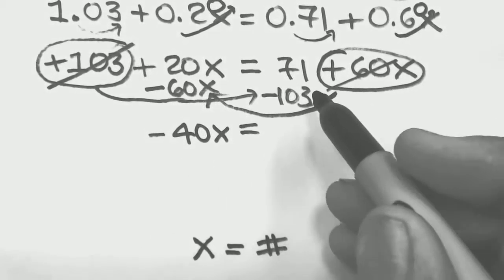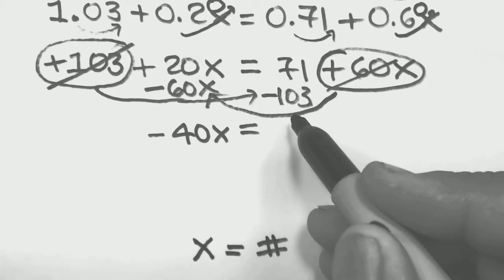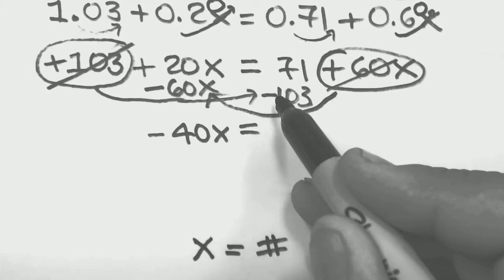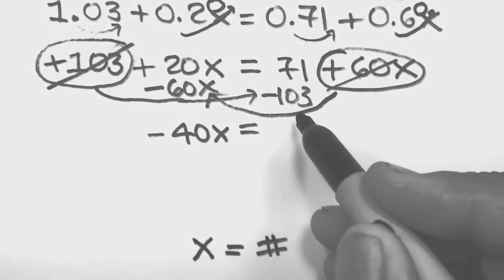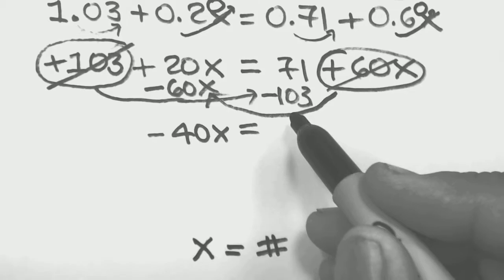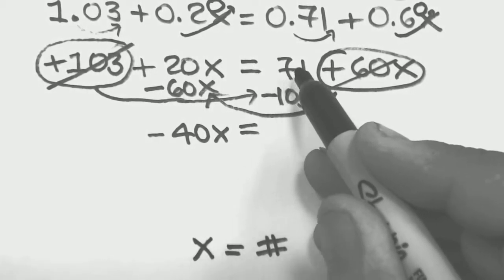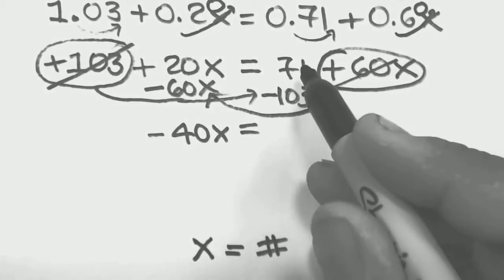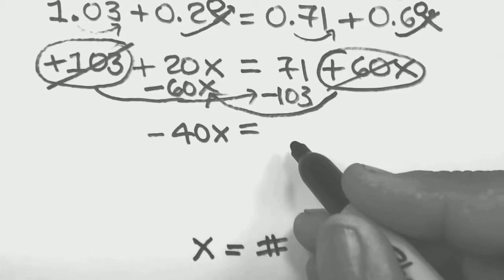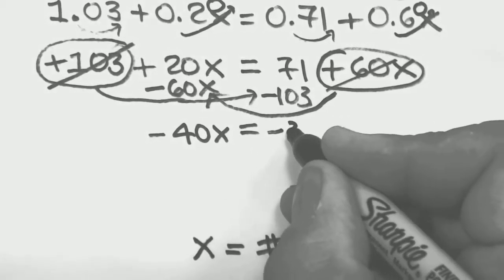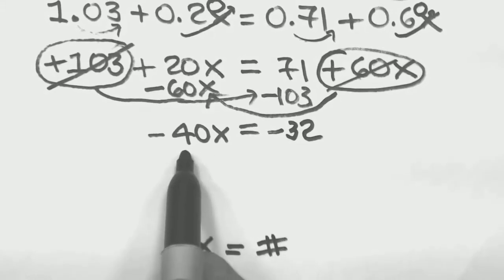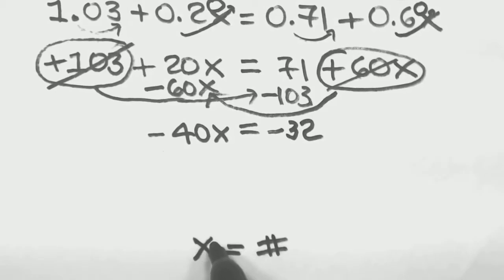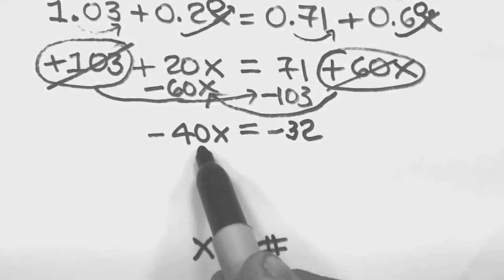Over on the right side, I've got plus 71 and minus 103. 103 is going to win. The negative's going to win. There's more negative than positive. And let's see, what are we going to have here? This will be 29 to 100 and 3 more. Looks like it's going to be 32. So I think negative wins by 32. Negative 32. And so there we are. We've combined the x's. We've combined the numbers. Notice now, of course, like we want in our final answer, we only have x's on the left and plain